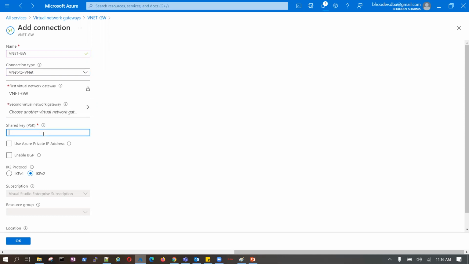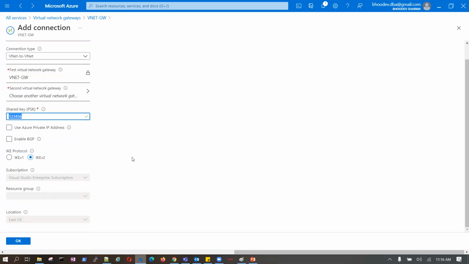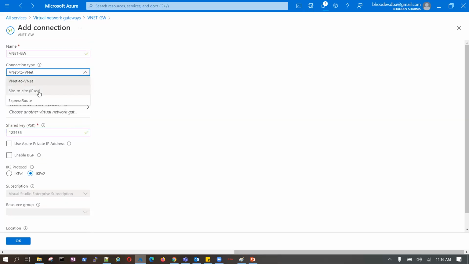Now we need to define the pre-shared key, say 456. PSK is a pre-shared key, meaning once we create the same connection from the other end, this key should match at both sides. Okay, now we need to create a site to site IPsec connection. Now for the local network gateway, choose a local network gateway.